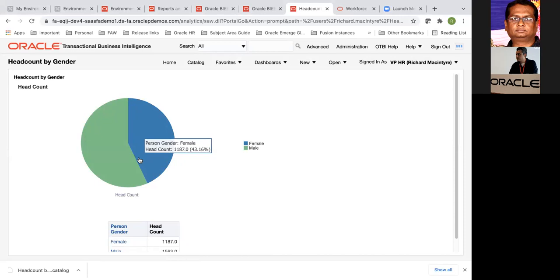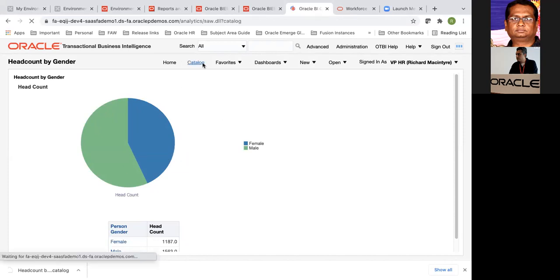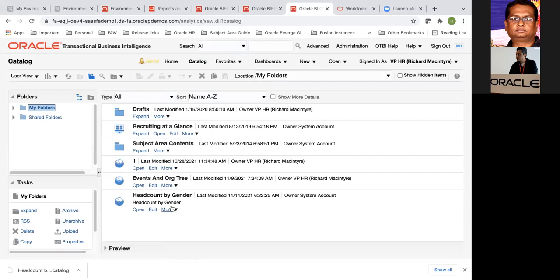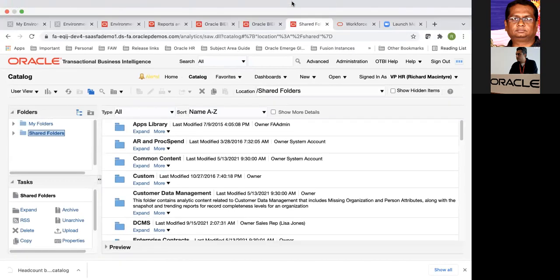So this is how easy it is to share the reports over emails, or for example through FTP, etc. I mean, not by default FTP. I'm talking about if you have a mechanism to share reports within your network, this is how you could do it. You could archive it and send it over, and they could unarchive and run it. I'm running it through my folders basically. These were some of the simplest examples that most customers would be interested in: understanding their headcount by gender, and arranging the phone numbers as a single row rather than as multiple rows.